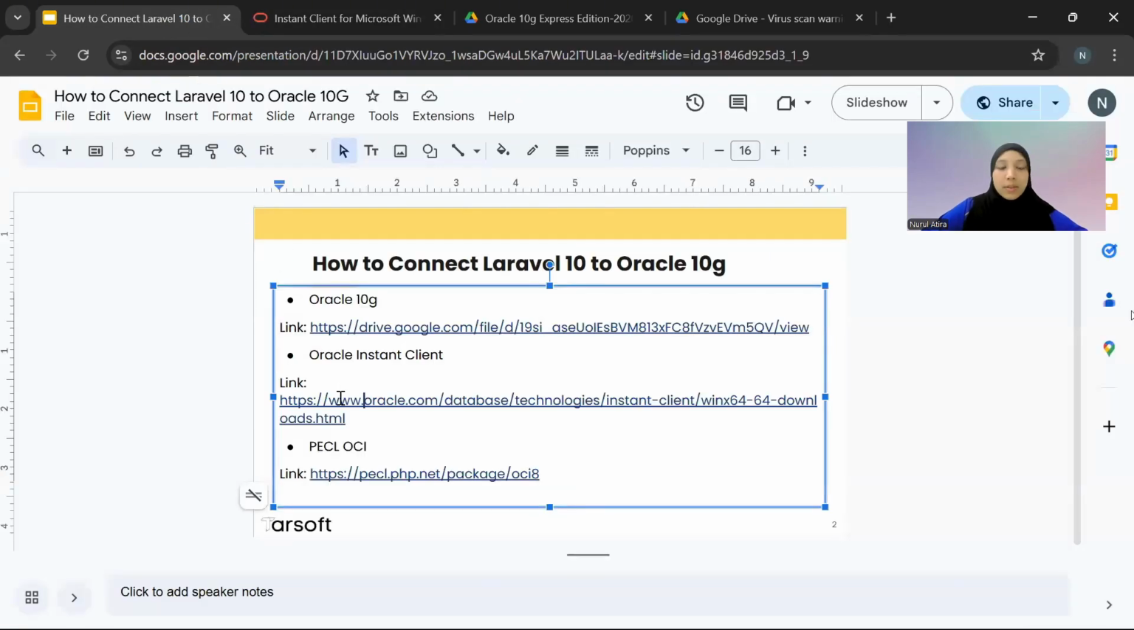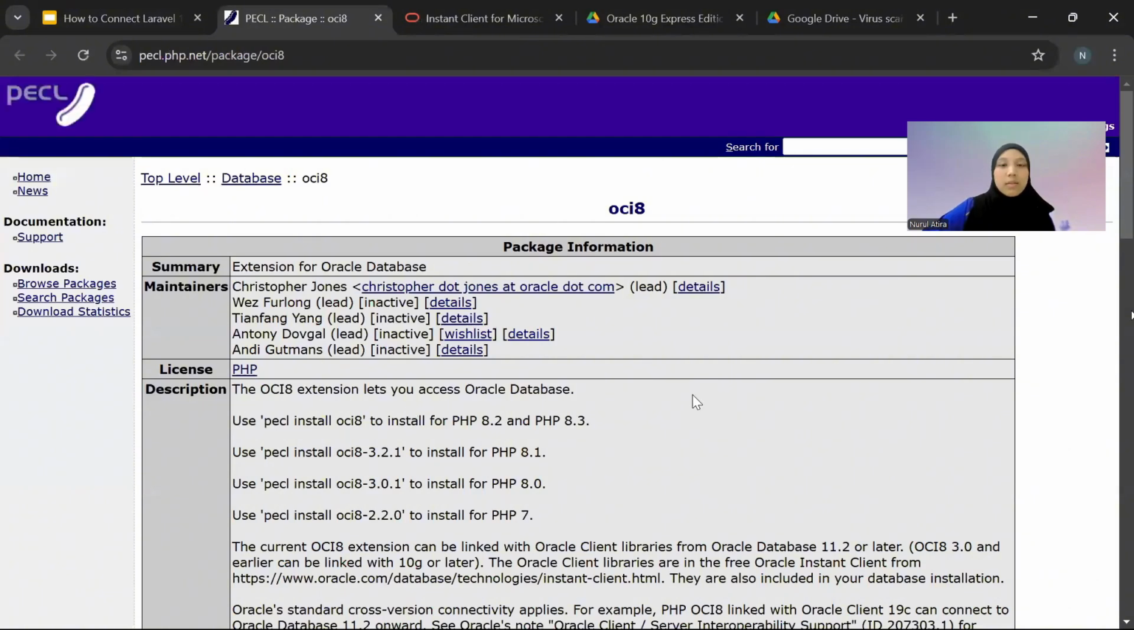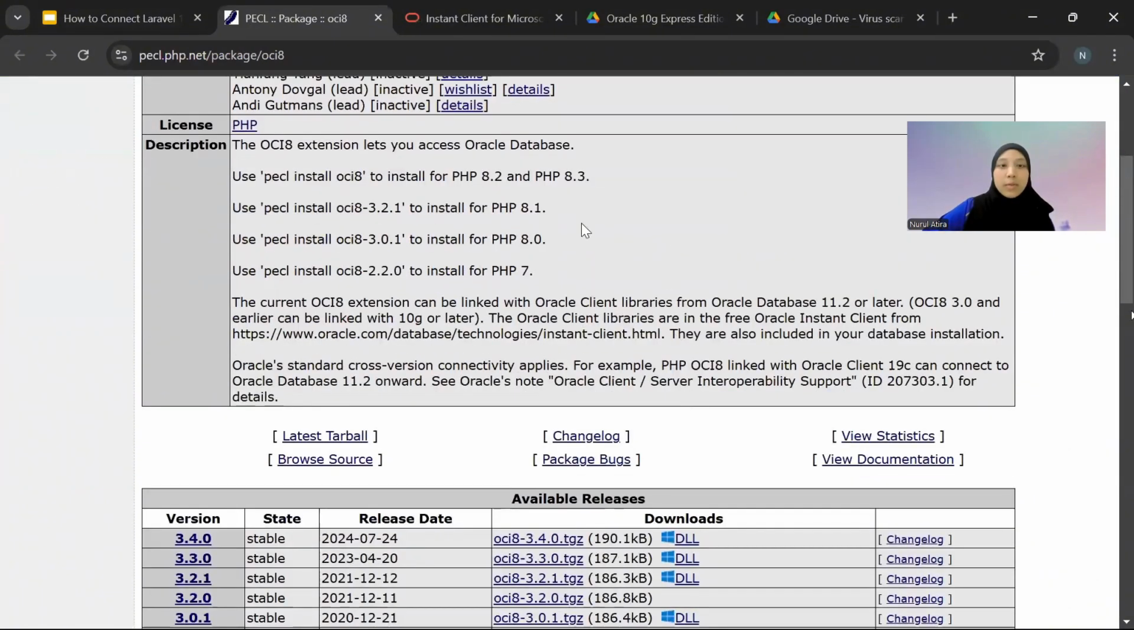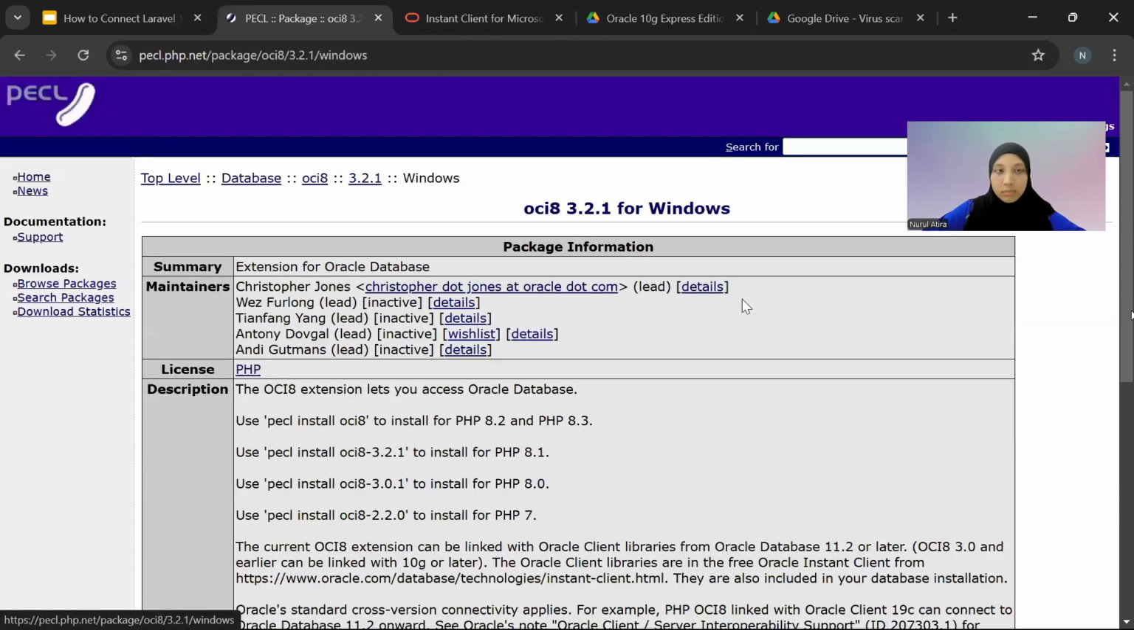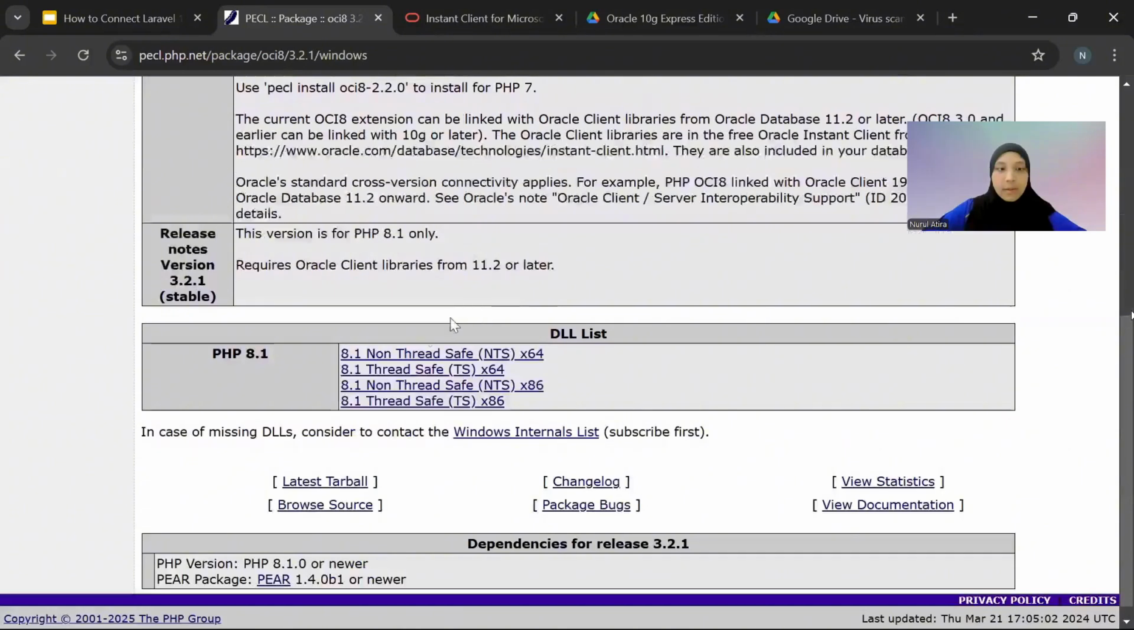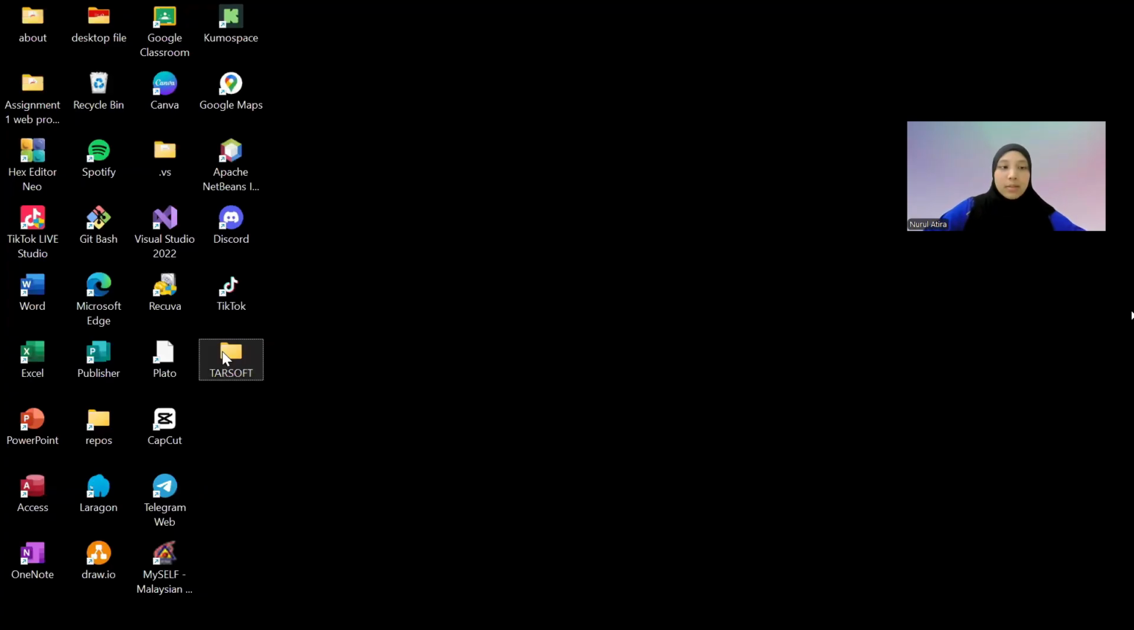And for OCI8, I'm using OCI8 3.2.1 for PHP 8.1, which is not this one. Just download here. And then let's save this one. Okay. After you got all of your files downloaded,